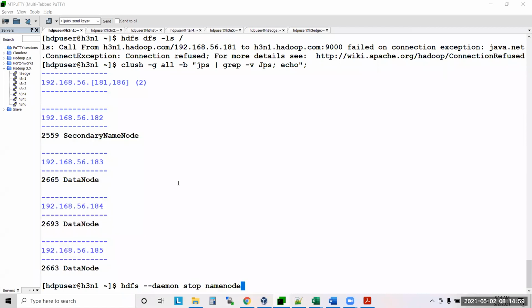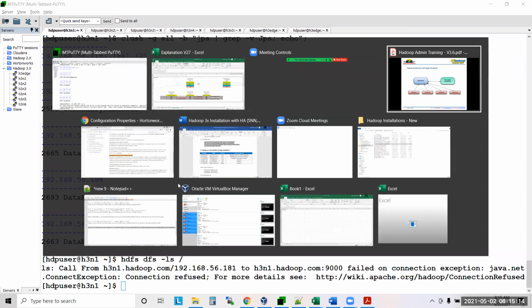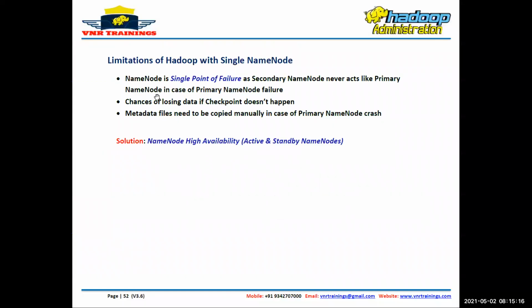Now let us see what is the use of this. Do you have any use? What is it saying? I am unable to contact the name node. So it means if the name node is not there, there is no use of this cluster. So can I say the name node is a single point of failure here? The name node is a single point of failure, as the secondary name node never acts like a primary name node in case of primary name node failure.